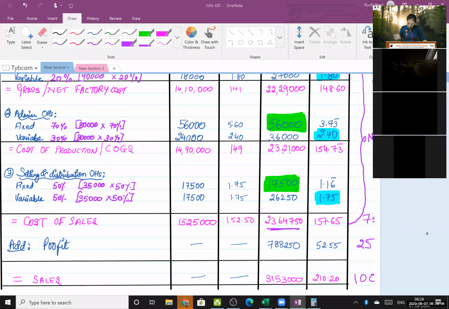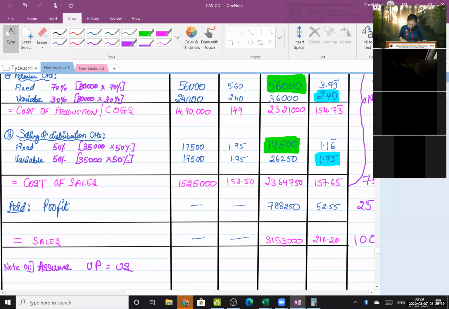All these minute things you will come to know only when you practice on your own. Okay, so if I'm again repeating, if you're taking the CPU column, you're adding it the way I am doing right now, and then you're multiplying it with units produced or sold, then go up to 4 decimals so that the difference of 50, 100 rupees in this amount will be eliminated. Okay. This is my cost of sales.